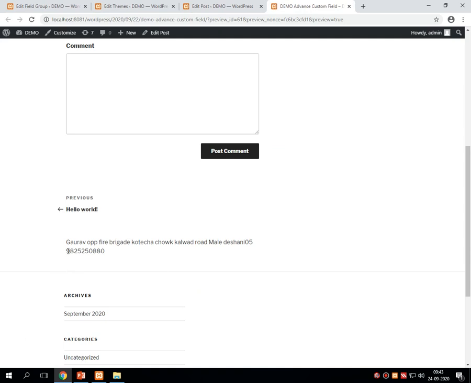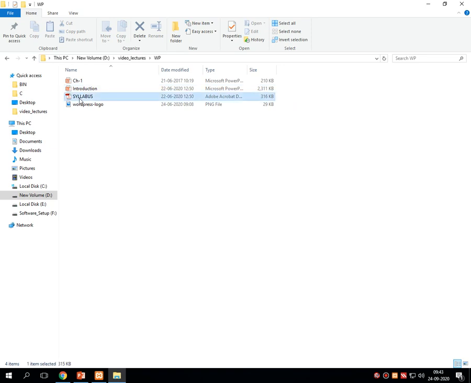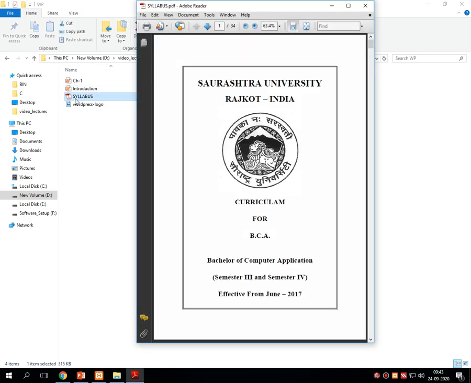You will get the number that you have entered into the post. So in this way, we can use advanced custom field options. I hope now everything is clear related to the advanced custom field.